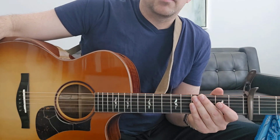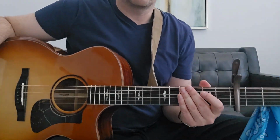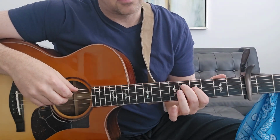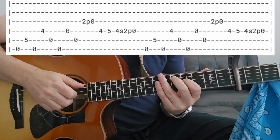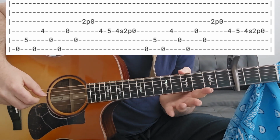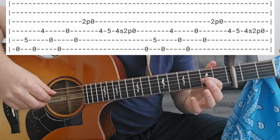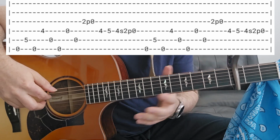The next part is probably best described as the chorus. It doesn't have a very chorusy feel to it, but we'll call it that. You're going to start off with the same chord that we started on in the first section, 0-5-4, and you're going to play basically the same thing, except you're going to lift off here and switch up to the A string bass note. And you're going to play a pull off from the 2nd fret of the G string, and then